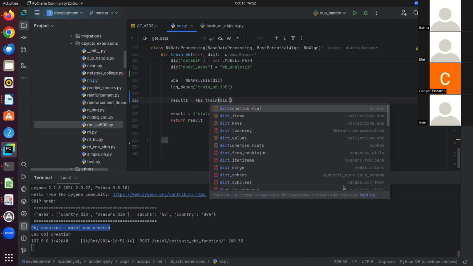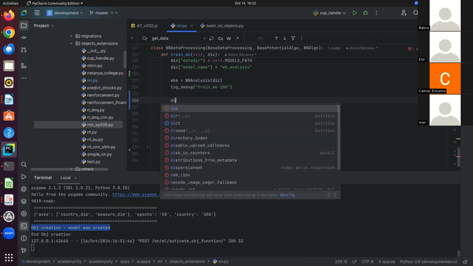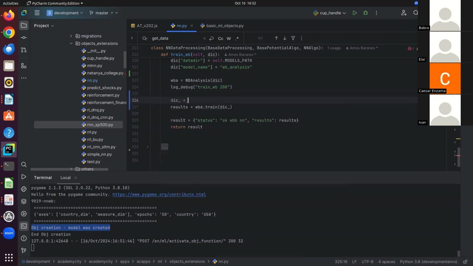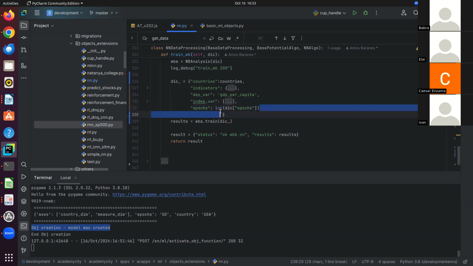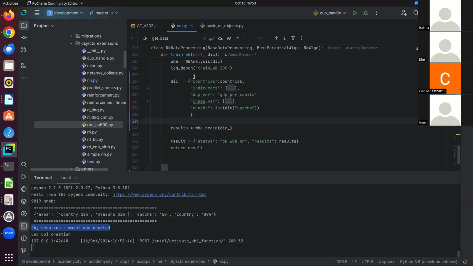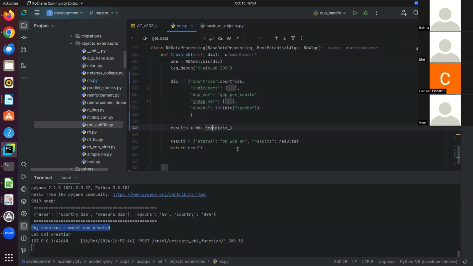I will call it the underscore to this dictionary. Okay, it would be easier to find, you know, than... I tried to save space, I don't know why. In any case, I have information that I'm going to gather together and transfer to the function train of